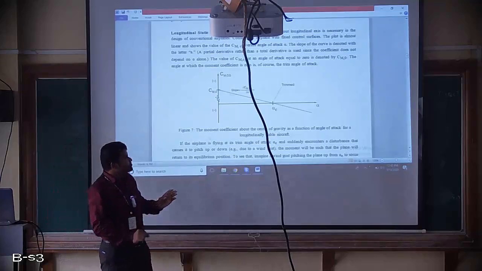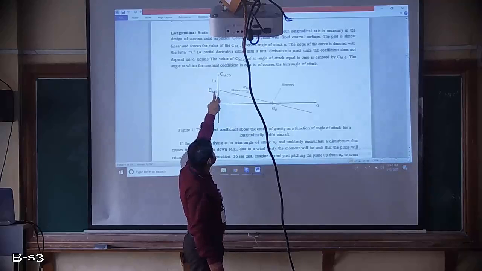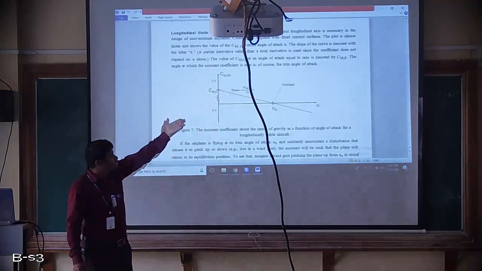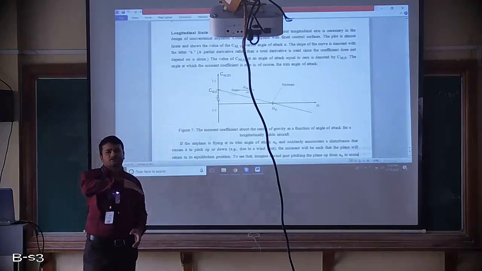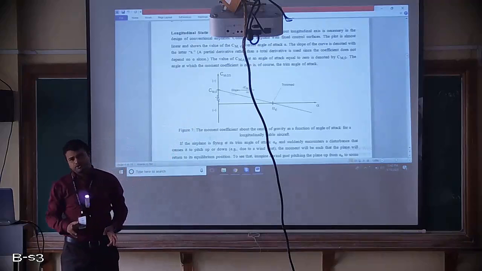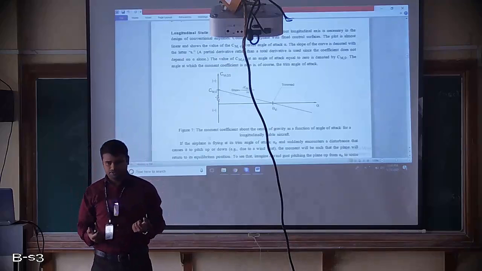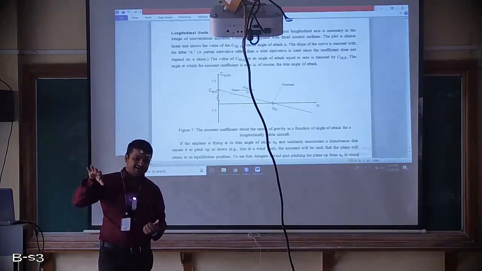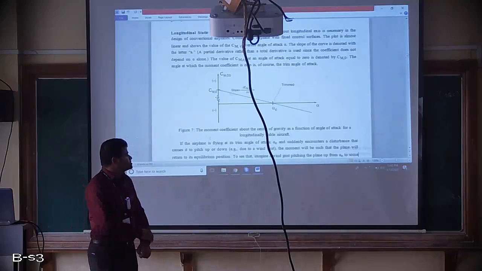Now if we increase or decrease the angle from the trim condition, what will happen? Our moment coefficient will vary. It will go up or down, positive or negative. That means your aircraft is getting unstable. That means it is trying to move away from the longitudinal axis, either in the upward or downward direction. To come back to its original position again, you are supposed to operate the flight controls, which are nothing but the elevators fixed at the tail plane of the aircraft. That is called longitudinal stability or longitudinal static stability.